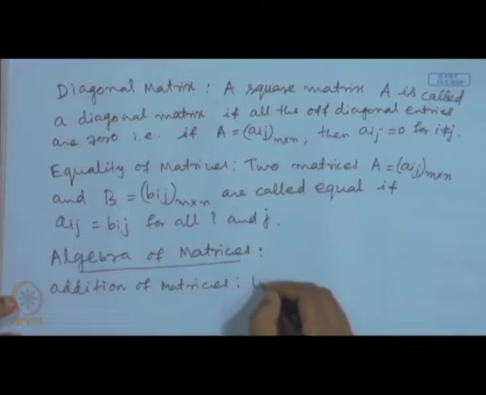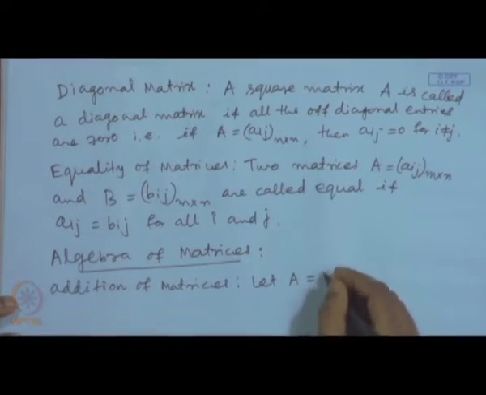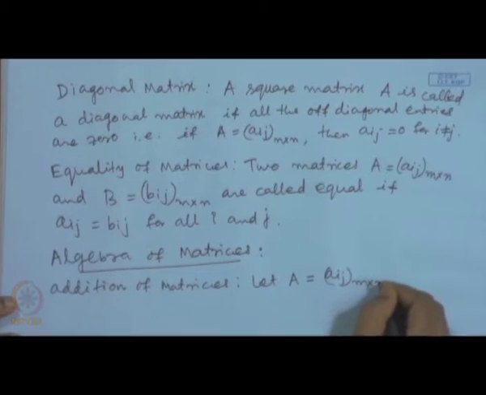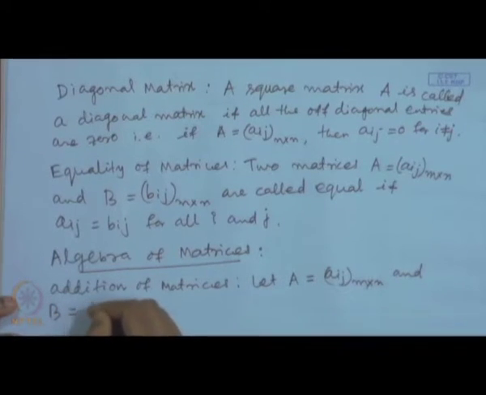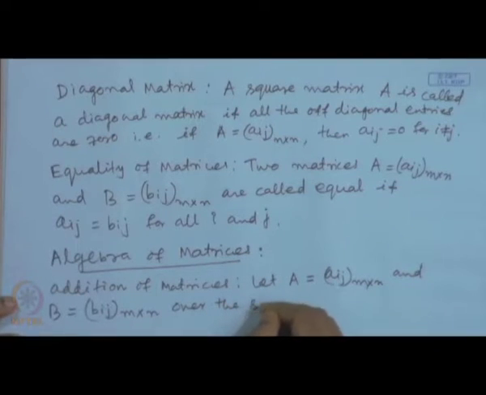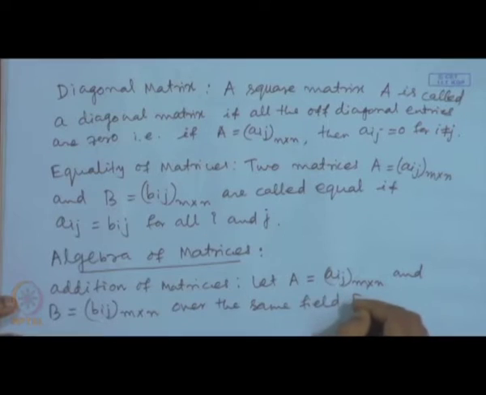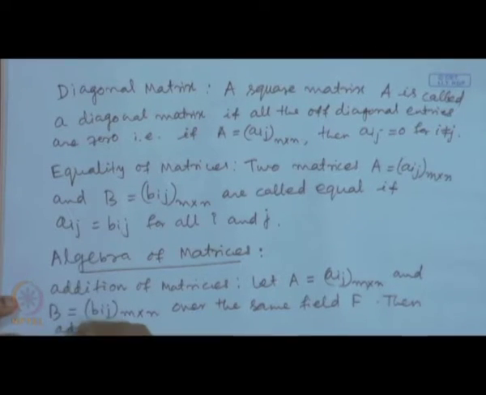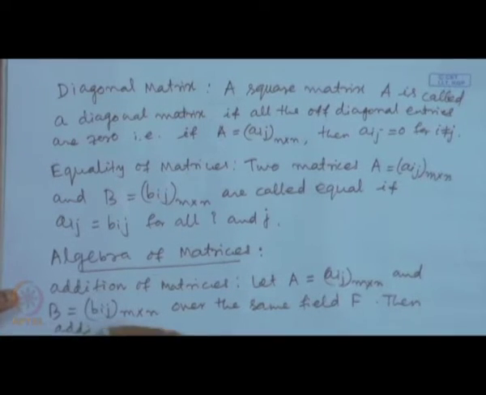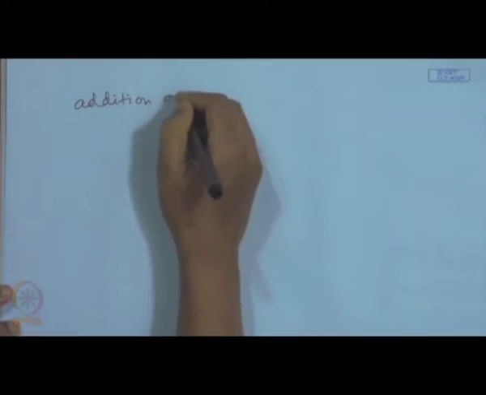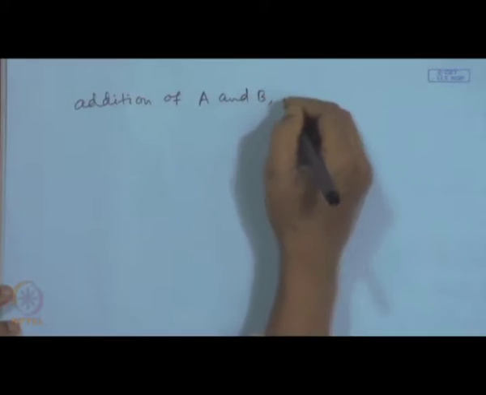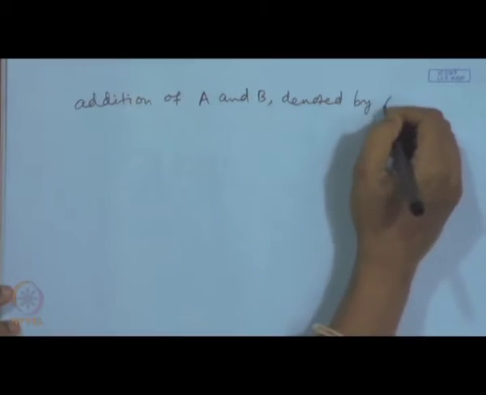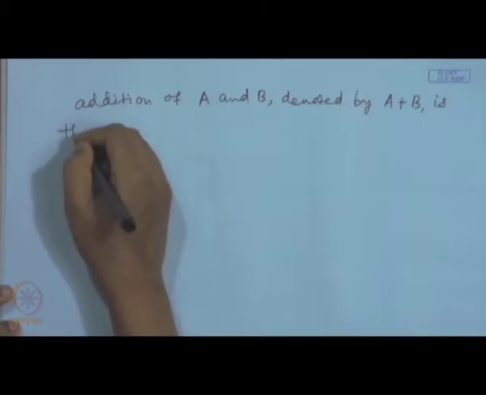Suppose we are having two matrices A and B of same size, A be a matrix of size m by n and B be a matrix of same size m by n over the same field F. Then addition of A and B, denoted by A plus B, is the matrix